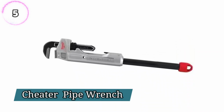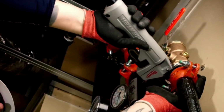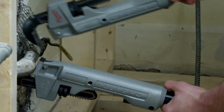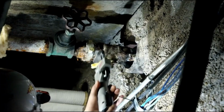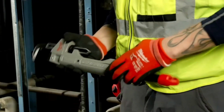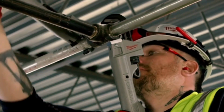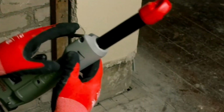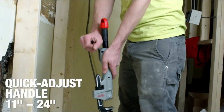Number 5. Cheater Pipe Wrench. Be ready to handle any job, anytime, anywhere with this versatile pipe wrench designed for commercial projects. The quick slide handle locks at different lengths, offering flexible positioning to eliminate awkward angles and access tight spaces with ease. The overbite jaw design ensures maximum surface contact, providing a firm grip and preventing slippage, making it perfect for